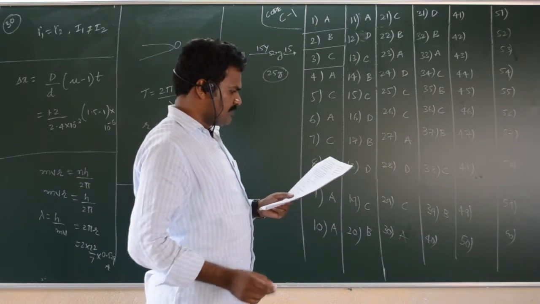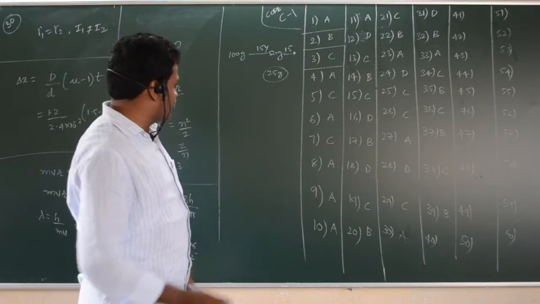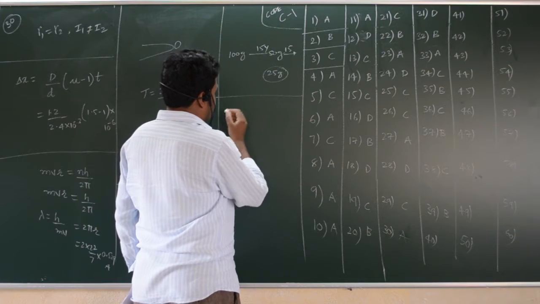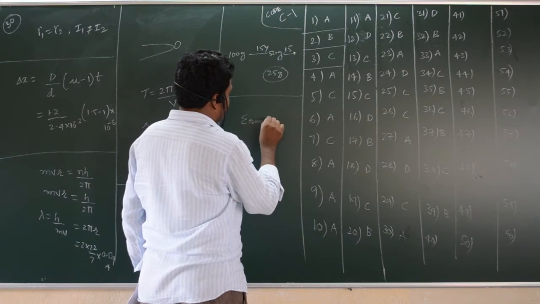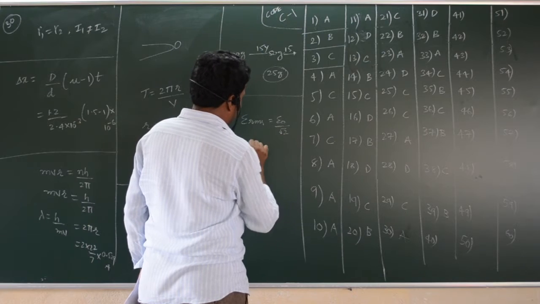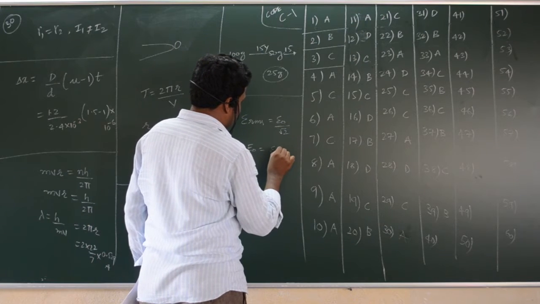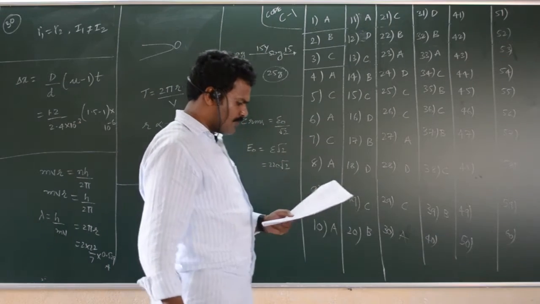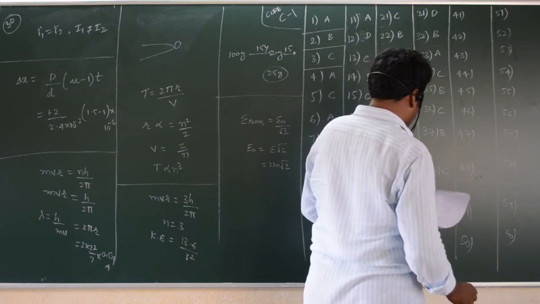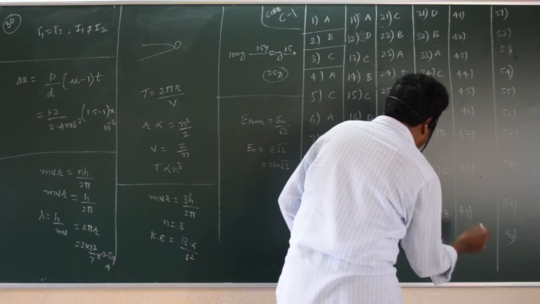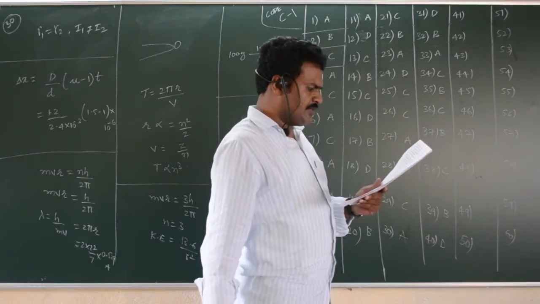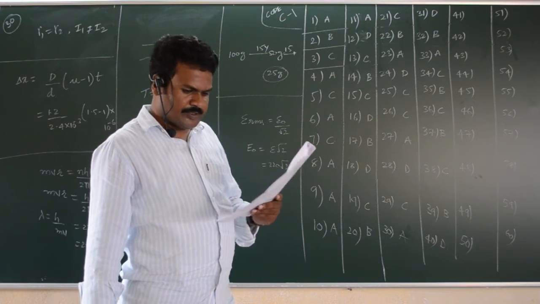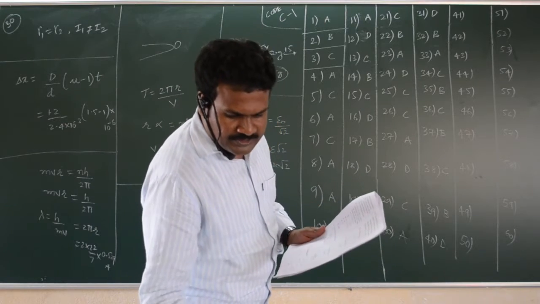Question number 40, if you observe, there is a capacitor 220 root 2, and the capacitor gets maximum charge. So E RMS is equal to E naught by root 2, then E naught is equal to E RMS into root 2, that is 220 root 2 is the voltage taken up by the capacitor. So 40 is D. Next 41, 41 is NAND gate. So apply the condition of the NAND gate, and you will get answer for 41 as A.